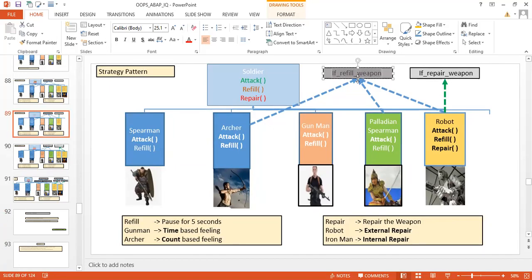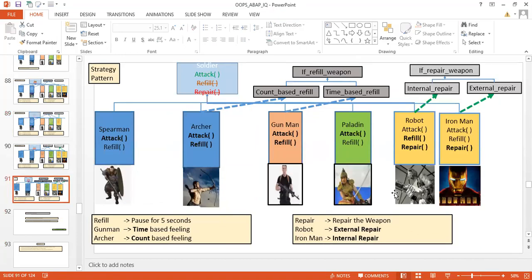There are two kinds of refill, external refill and internal refill. Iron Man does the internal refill and robot does the external refill, something like that. So here it is more clear, right? Here robot is having the internal refill behavior, whereas Iron Man is having the external repair.